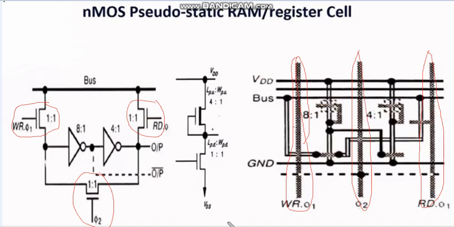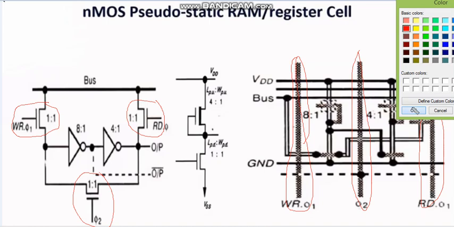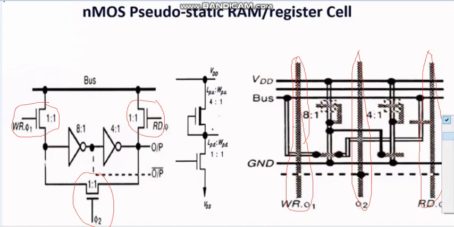Of course, here the transistor is formed like this, you can see this is poly. Here is the poly for this pass transistor, here is a poly for this transistor, and this is a poly for this transistor. And then two back-to-back connected inverters. You can see this back-to-back connected inverter.